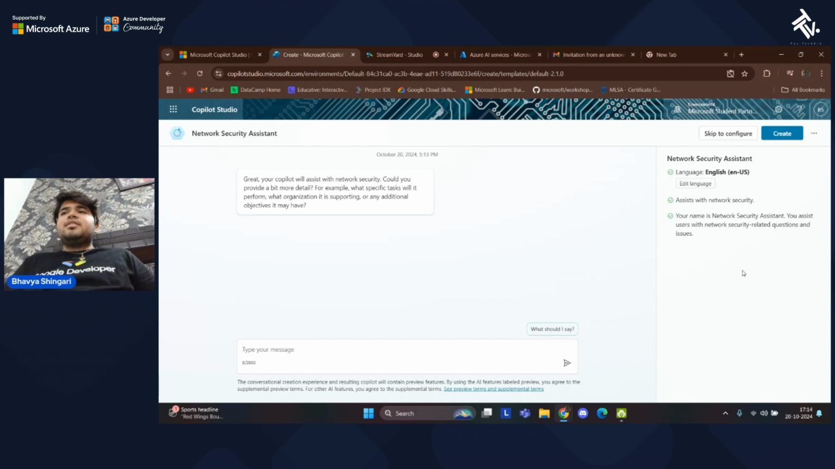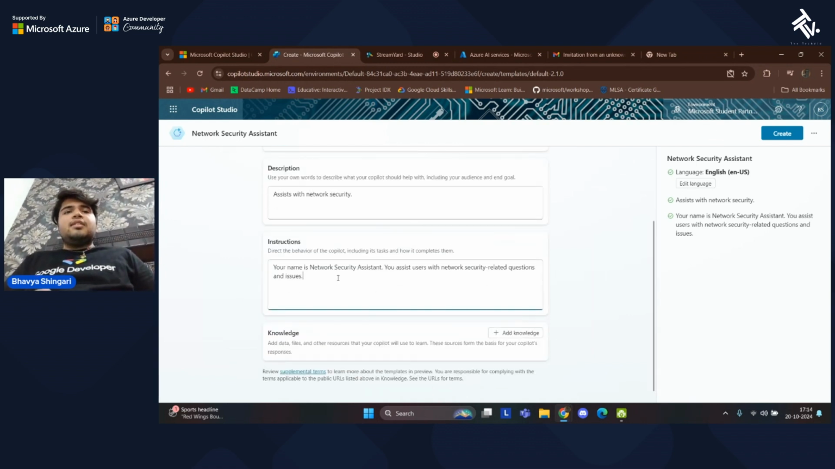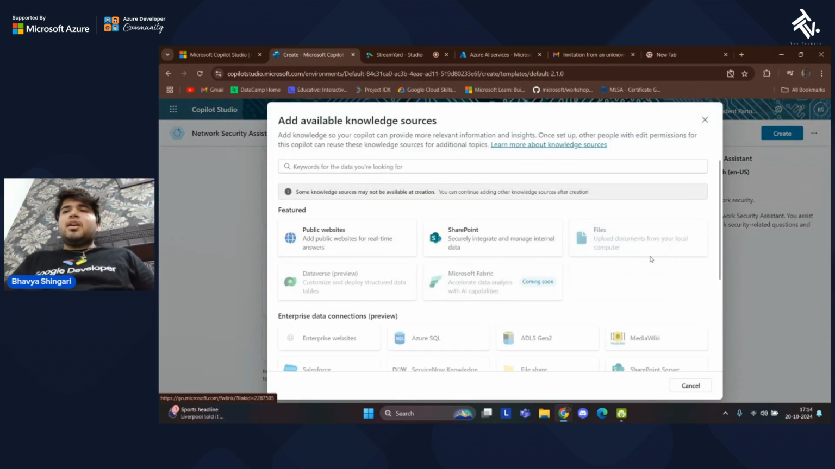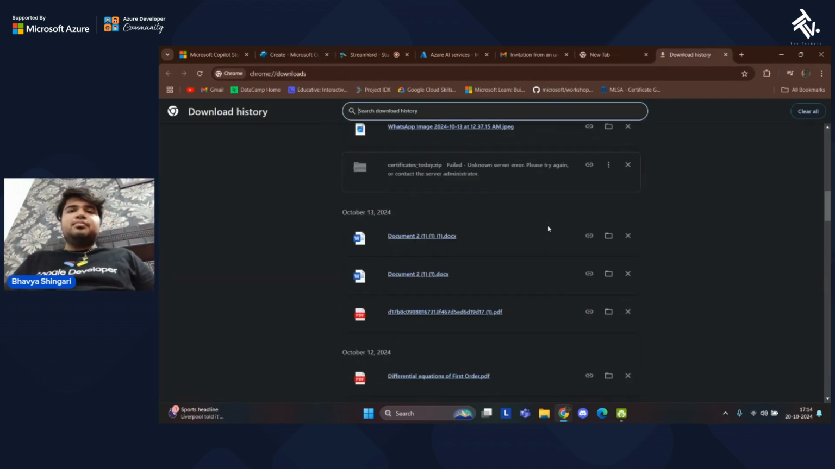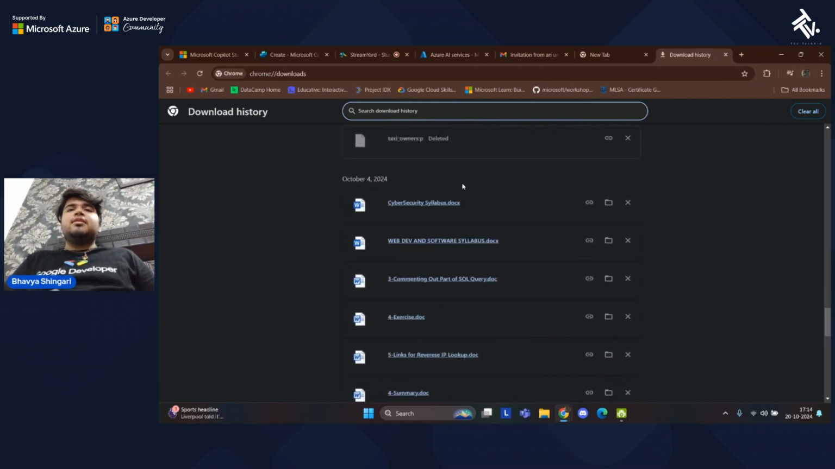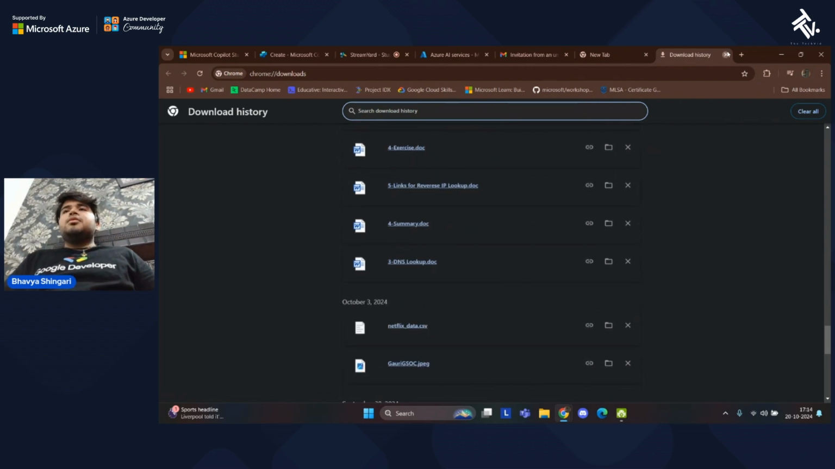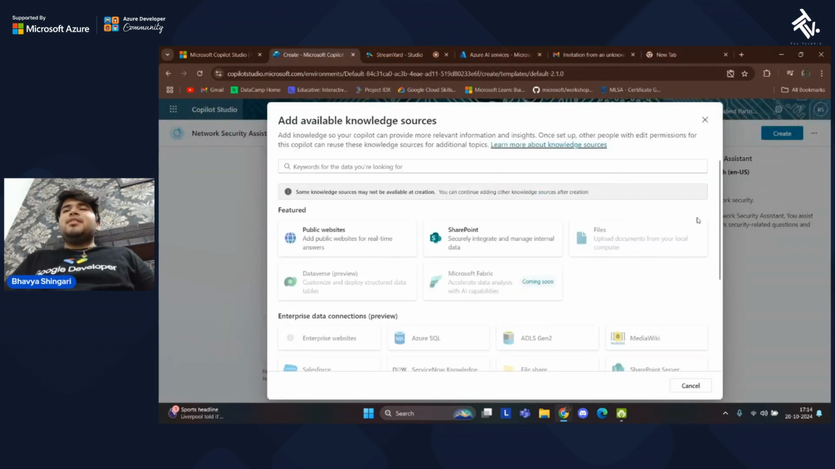I can configure this if I want to, just like I configured my previous one. And if I give this knowledge, I can also upload. I don't know why I'm not able to upload files from my own computer, but I have saved some cybersecurity data sets here to train the Copilot Studio. I don't know why this option is not yet available, but